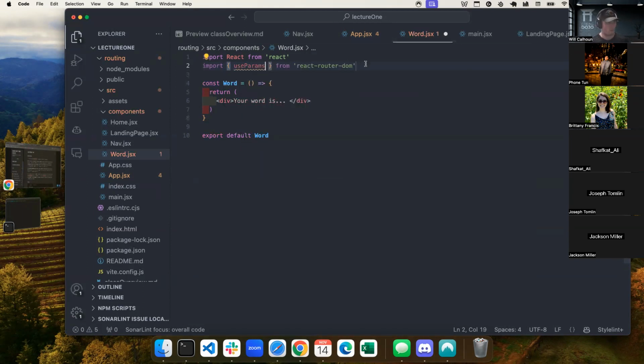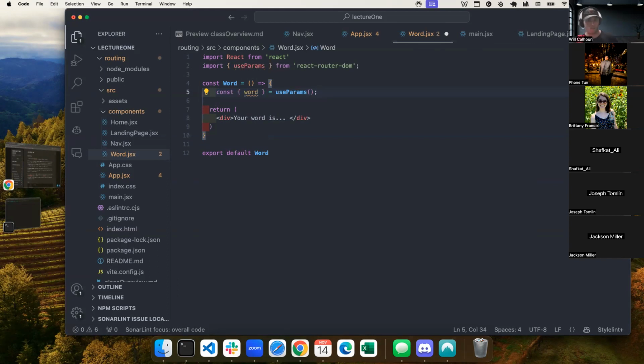All of this comes from React Router DOM. Perfect. And then in my actual component itself, I can destructure these parameters, or this parameter, if you will. So I can say const word equals use params. Now, this is really, really, really important.